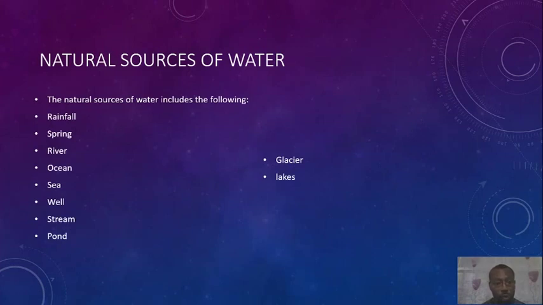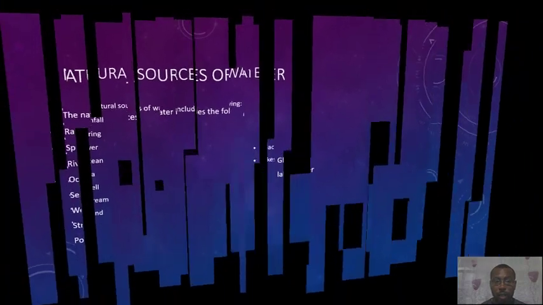We have the sea. We have well. Well is the groundwater. We get water from the ground. We have stream. We have ponds. We have glacier. Glacier is water stored as ice. Then we have lakes. So these are the natural sources of water. Now, the next one we want to look at